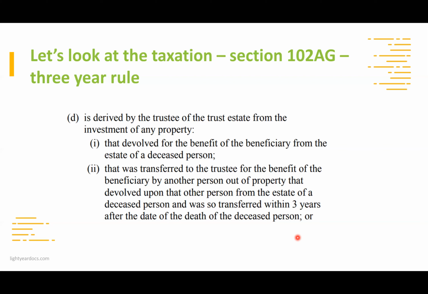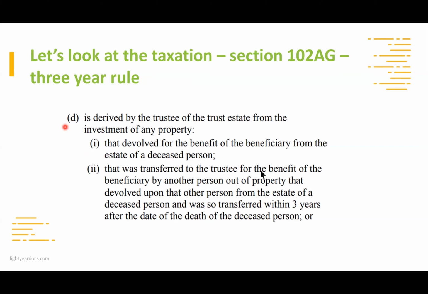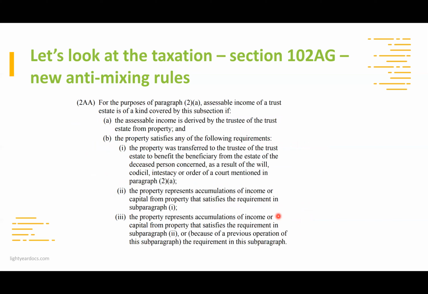Interestingly, from that perspective, 2AA doesn't apply. So it would appear that if we settle the property on the minor, then they create the testamentary trust from that point in time. If that gets that mixing route that John Gowling was talking about, refundable franking credits, it appears as though 2AA doesn't apply, because 2AA only applies to 2A. This is section 2D, if that makes sense. So it looks as though, again, it's just a little bit of a different way of looking at things, but it just shows you how to get around 2AA quite easily.